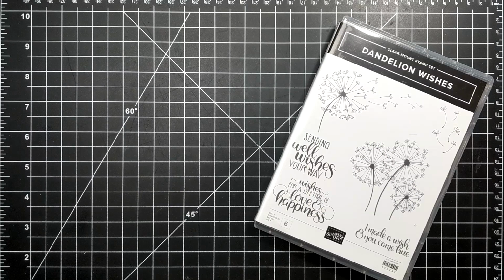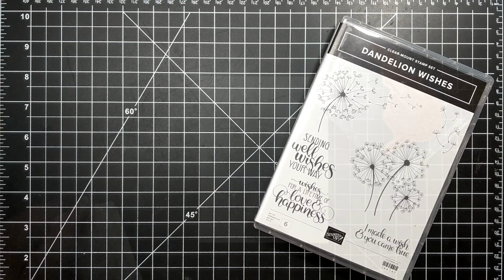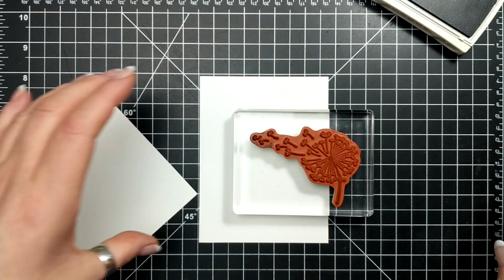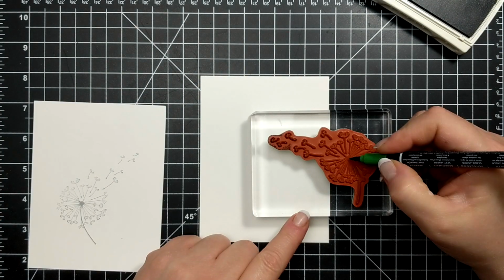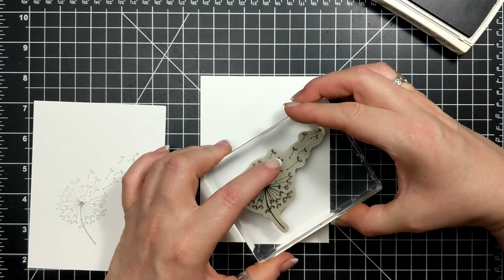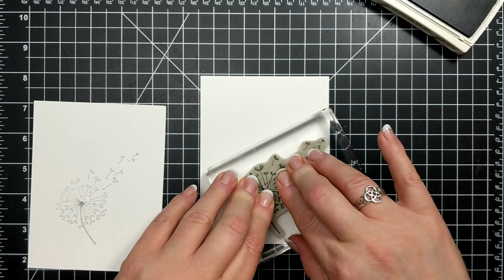For today's card, I'm featuring the brand new stamp set from Stampin' Up! called Dandelion Wishes. It's absolutely gorgeous. So I have a piece of Whisper White thin cardstock and I'm inking up the dandelion image with my Smoky Slate. I've stamped off to create a softer color, and then I used my marker to color in the stem